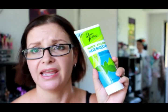I buy this from iHerb. I haven't seen it anywhere else. But if you're ever buying anything on iHerb, like your Real Techniques brushes or sponges or Elf or anything like that, definitely pick this up. It is just amazing. So I was in Priceline maybe 3 weeks ago, and I noticed